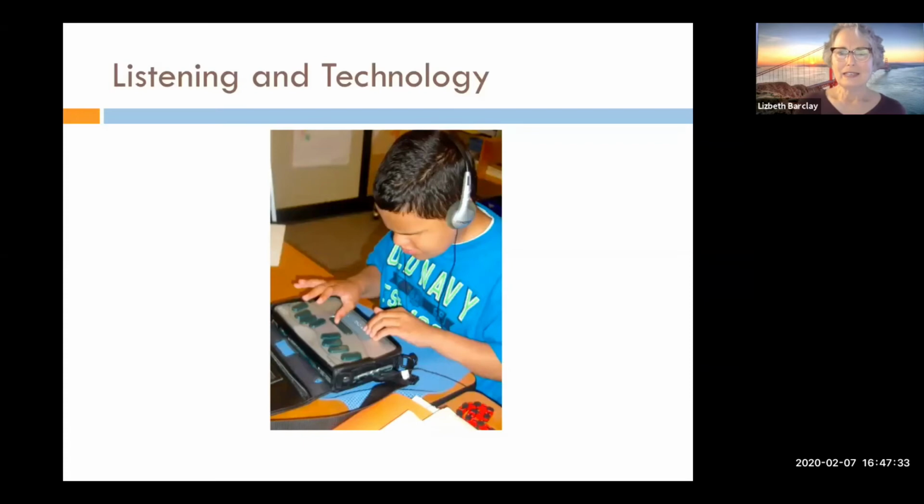So we've been talking about children in elementary school and their listening skills generally in terms of concept development, active listening, critical listening, and the listening skills that are the foundations for reading and literacy skills. But when we think about listening and technology, they're very integral. You need great listening skills in order to use technology,